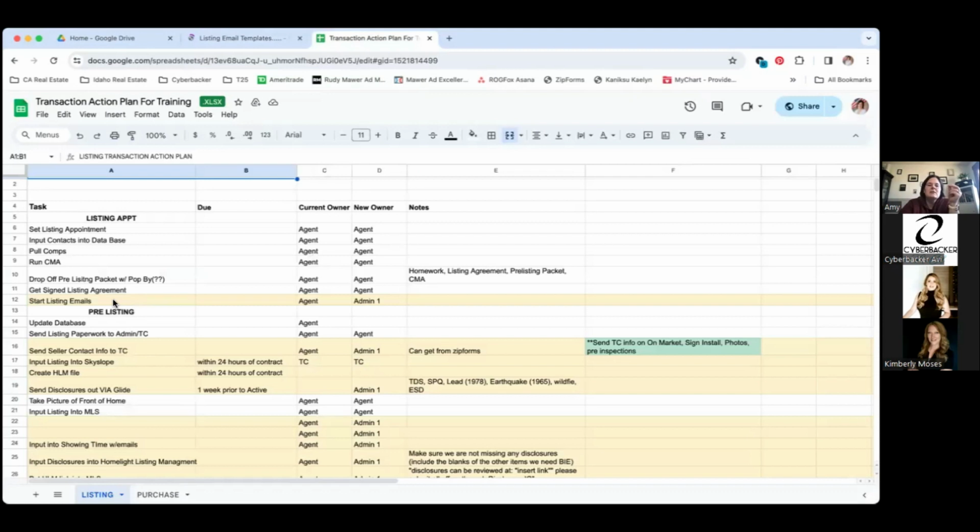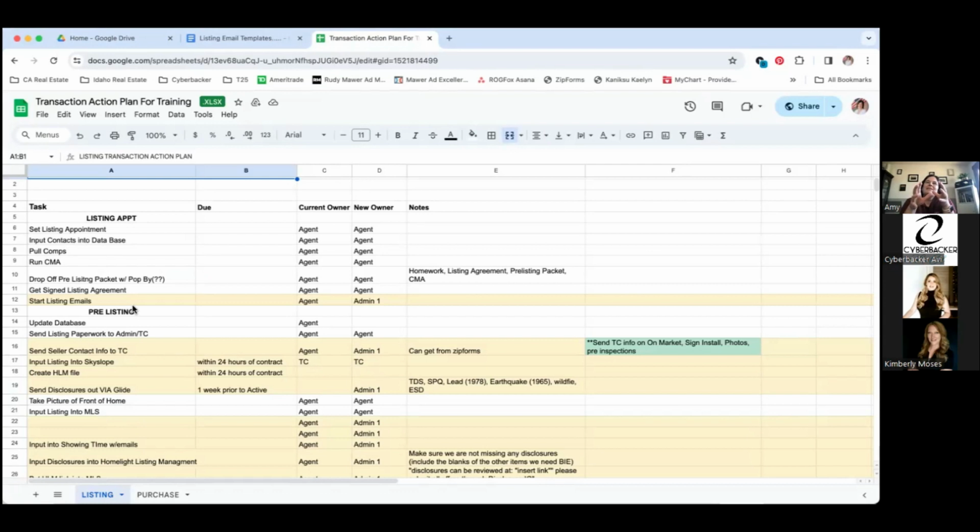And just so everybody knows, it's not on here: the goal is to get that signed listing agreement in person, right? When we're sitting there at the listing appointment, get it signed. Ideally, in a perfect world, it's signed there at the table as we're going over that listing agreement. If it's something you send out later, then after I get that signed listing agreement, the next things that I send out for signatures are going to be all those things